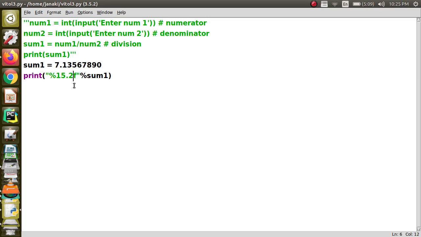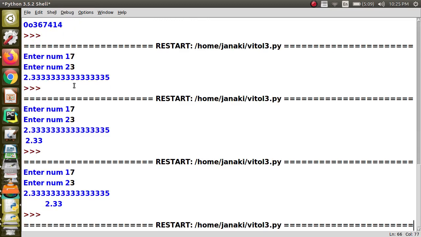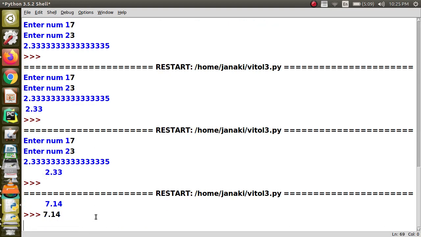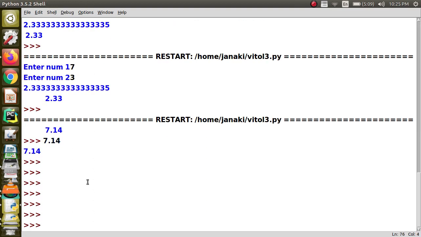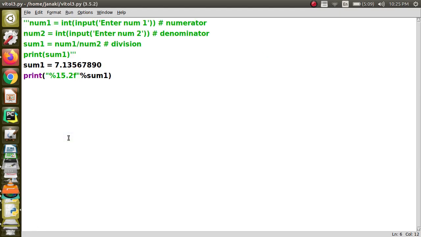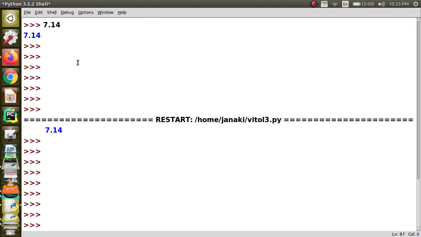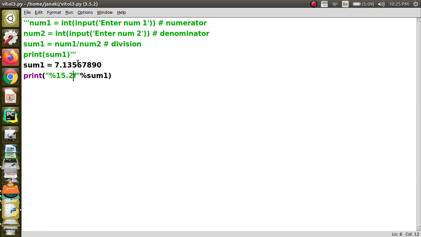Now we will see it is getting printed 7.14. You can see that now it is printing 7.14. Why? Because you have asked for 2 decimal places and the 3rd one is 5, so it is basically rounding off the values. That is how Python works when you are going to do this kind of formatting, right?